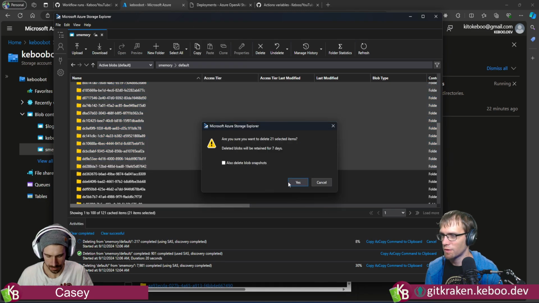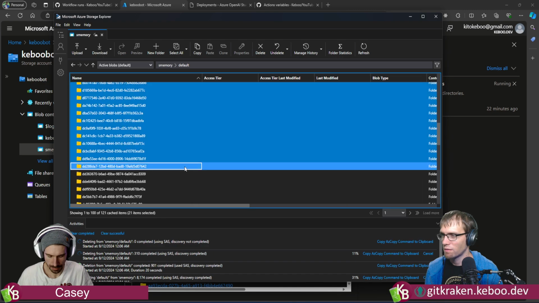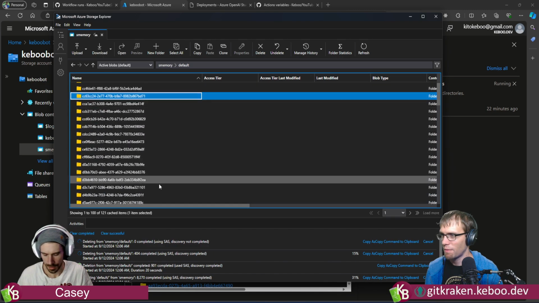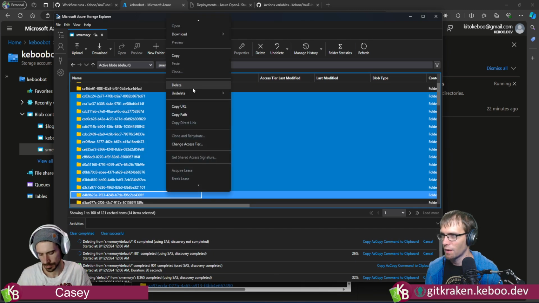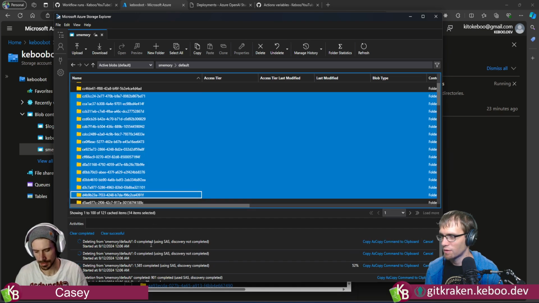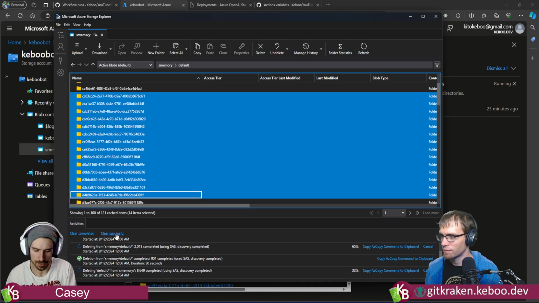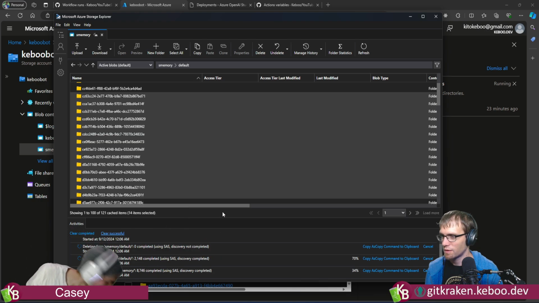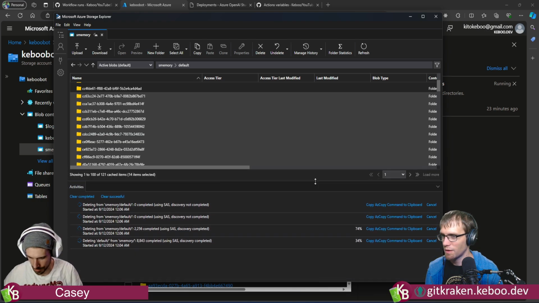I think the portal must do them one at a time. So we're no longer going to be managing our blobs in the portal. We're going to do that here. Yeah, that seems like the right move for sure. I think this will have saved us significant periods of time by the time we get through all this.